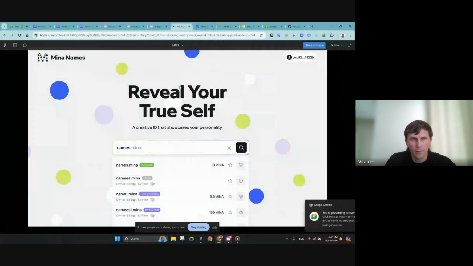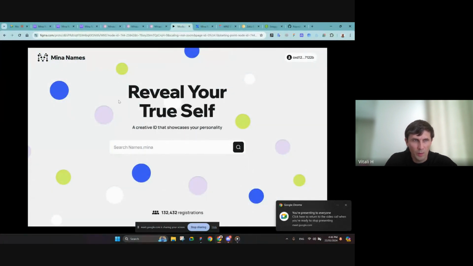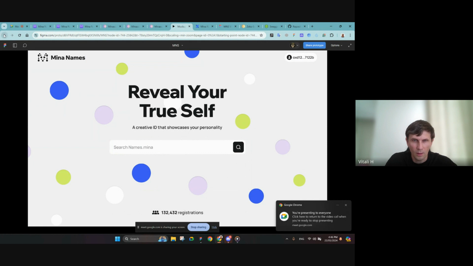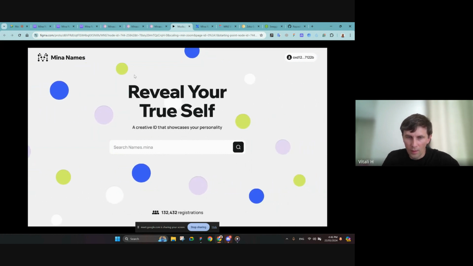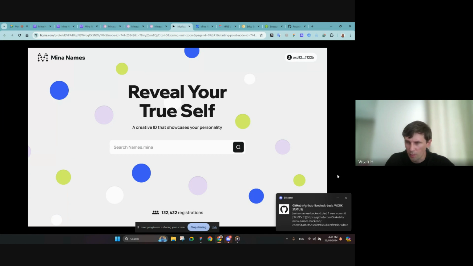So yeah, I think most of you know what domain names are, and you might have seen how they work on many blockchains. We pursue a similar concept. We plan to allow users to create their own domain names and reveal their identity on Mina, so everyone can know. This feature is commonly used in wallets and other services, and provides more visibility and allows additional operations.